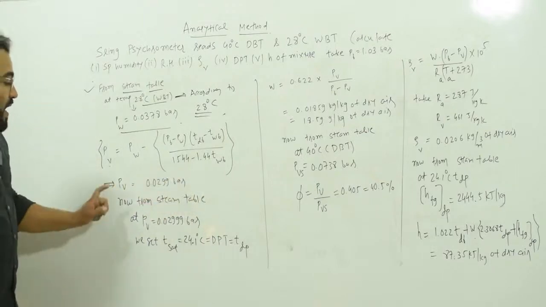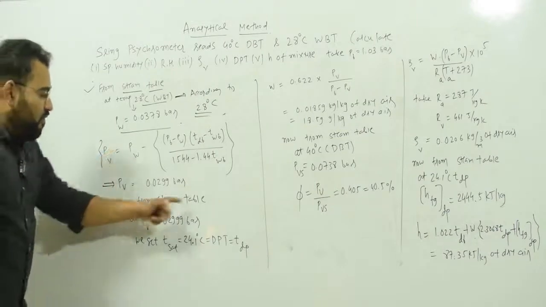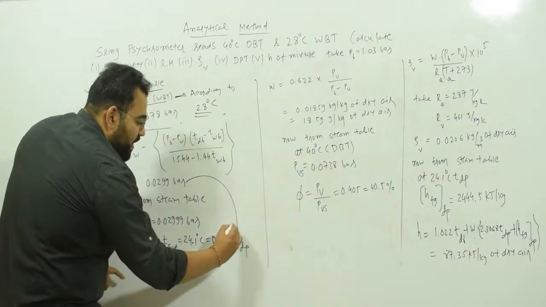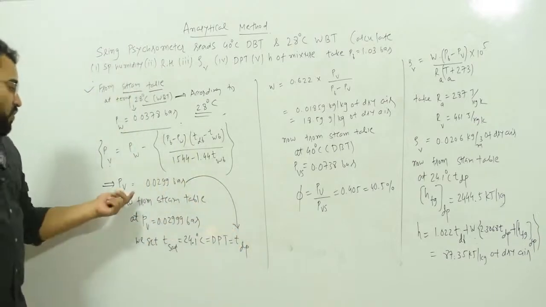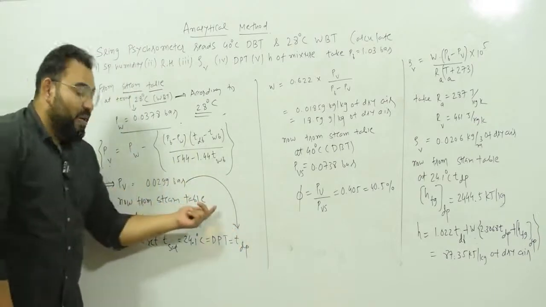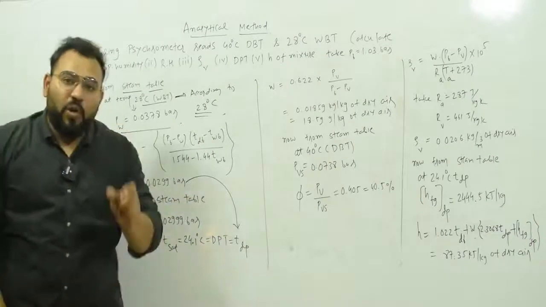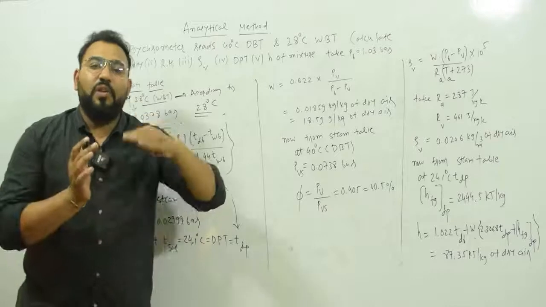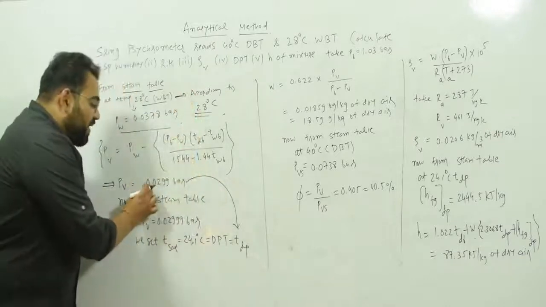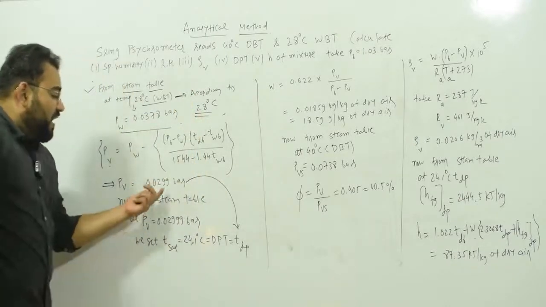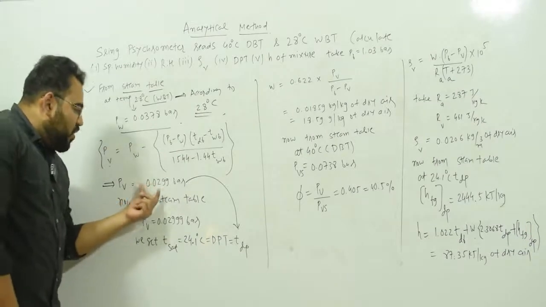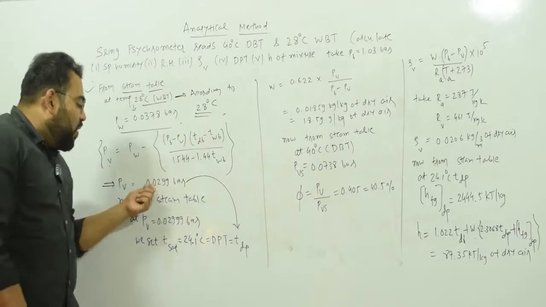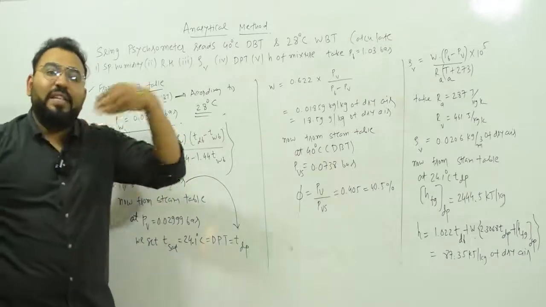Now what we have to do, from the steam table, by using this vapor pressure value, we can find the dew point temperature. So go to the steam table and see the pressure column and see the value of 0.0299. Sometimes you don't have a value of 0.0299, but it can be something like 0.03. We can consider this value as 0.03. So if 0.0299 is not there, see the 0.03 row and according to that see what the temperature is.